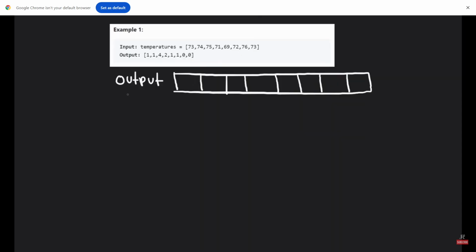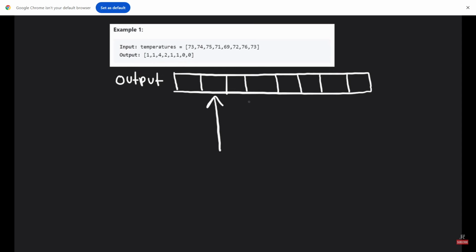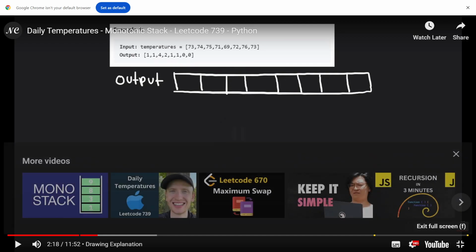So we're going to build an output array. Now, looking at the input, what's the brute force way to do it? Of course, we could do an n squared approach, right? Like for every temperature, we would look through the entire temperature array after it, and see, okay, how many days did it take us to find a temperature that was greater than this one, right? And then do the same thing for the next temperature over here. Look through the entire array, see what's the first day that we could find a greater temperature, and keep doing that. Now, that's going to be big O of